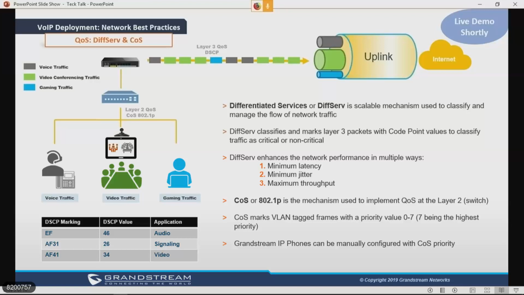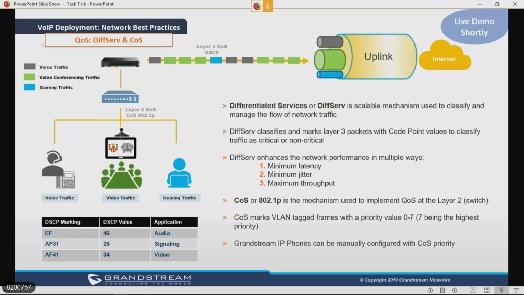So what is QoS? And a lot of people ask, why do we need to configure it on the switch or the router? Well, as you know, when there is congestion and delay in the network, some packets will be dropped. And I'm going to give you this example. If a user A is playing online games at work and user B is engaged in an important conference call,